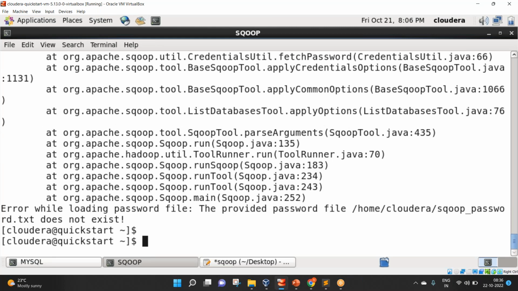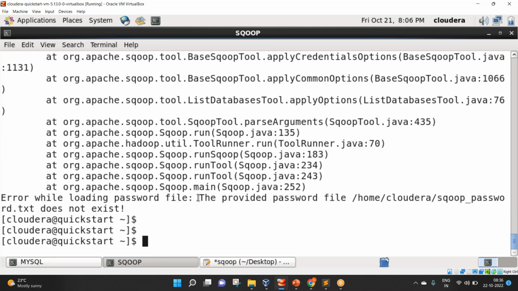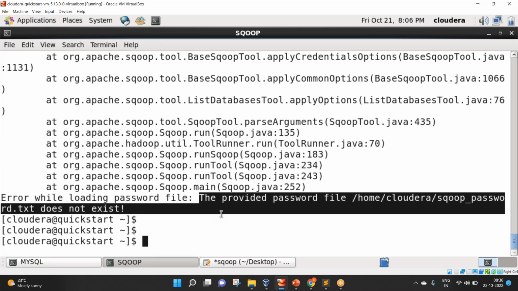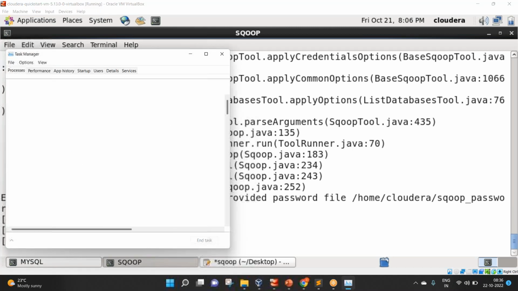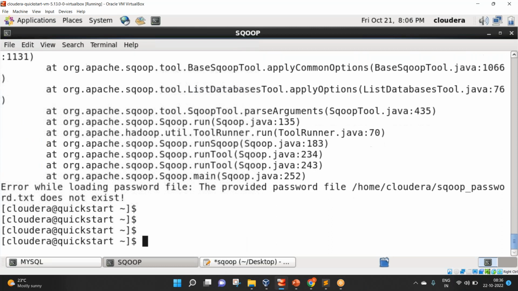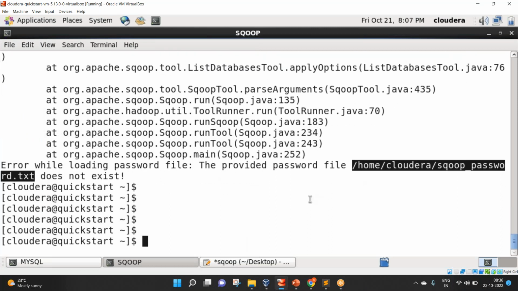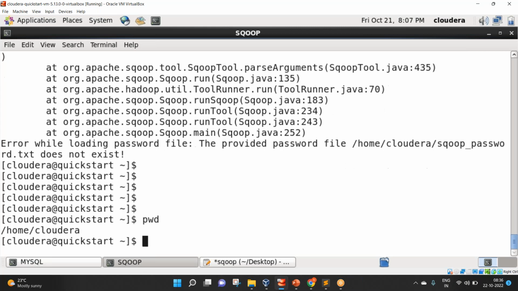So you can see that it's saying error while loading the password file. The provided password file doesn't exist. So are we giving the wrong path? Just double check the path again. So the path should be correct, /home/cloudera/Sqoop_password.txt. So the path is correct, right? So under /home/cloudera, we have the Sqoop_password.txt. So the path is correct. Then